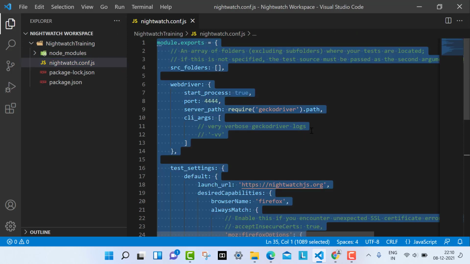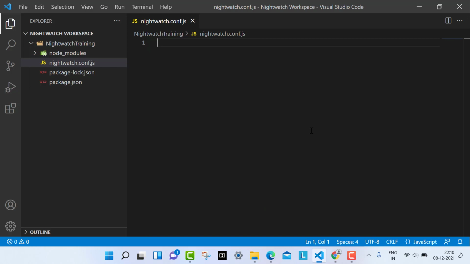I'm going to delete all the data from that file which we had copied there. Now the first thing to start, how can we start it? What I told you, we have to write module.exports. You can see that this is automatically coming because I have installed the plugin. And what we have to write is module.exports equals, then the first thing you have to do. I hope it is clear.